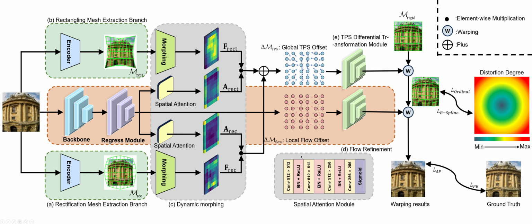This slide presents ConBo-Net's core architecture, which consists of 5 key modules. The first is 2 parallel branches to extract the correction grids: A extracts the rectification mesh, and B extracts the rectangling mesh. C is a dynamic deformation attention module. It generates rigid maps via spatial attention regions. And the flow requirement module uses high-level features from VS-Net 8, which we utilize as a backbone, and it outputs to module E, which is a TPS differentiable transformation module, which generates the final result optimized jointly by 4 losses: